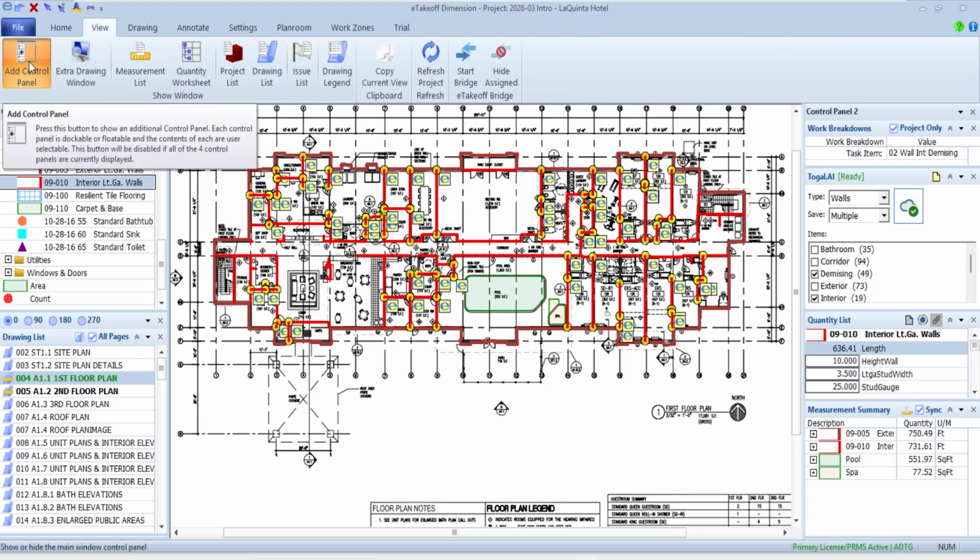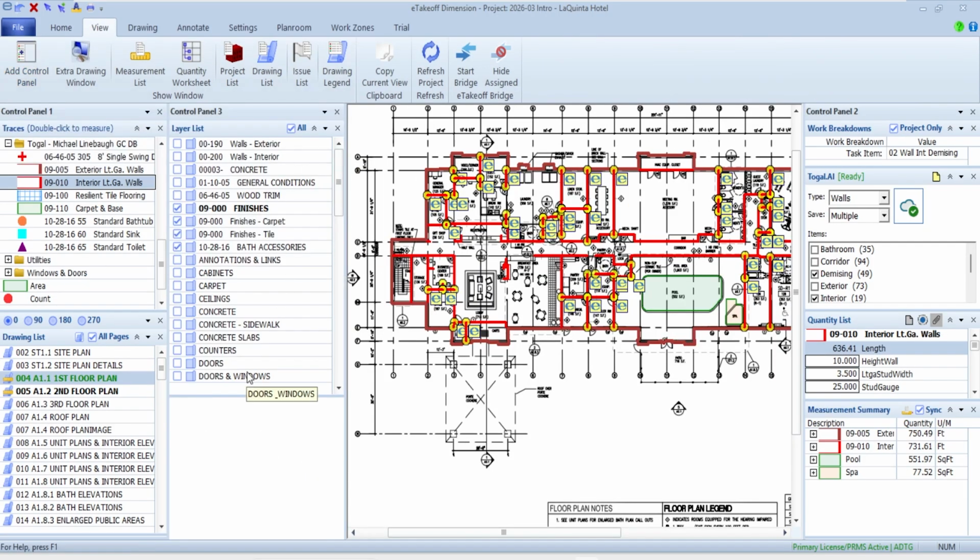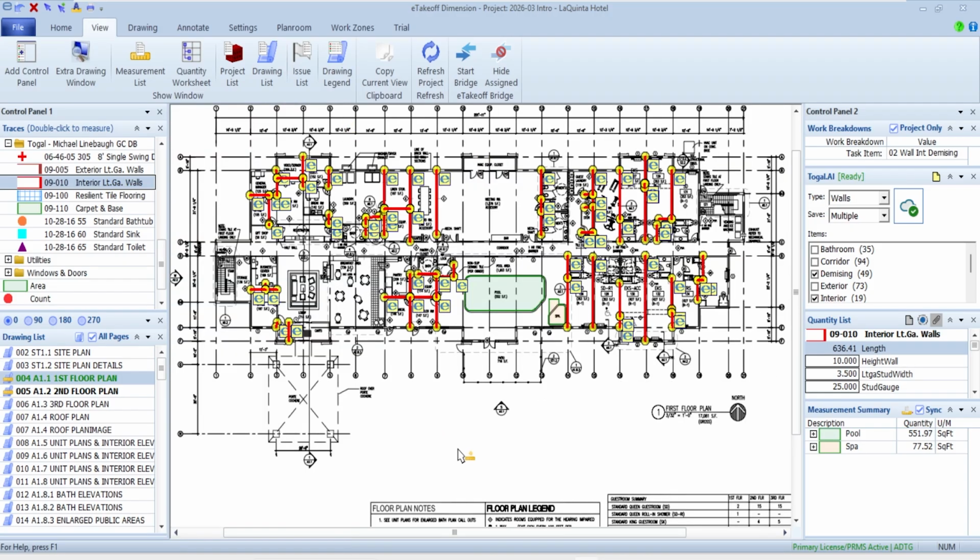We talked about adding a control panel, so I'm going to add another control panel here. And what the control panel is going to allow me to do is turn on and off different things. So in this case, I could come back and say that I want to turn off some of these different views. So now when I start doing takeoff of something else, maybe I don't have to look at as much. As a matter of fact, I am going to keep on this one and this one, so that way when I get to them, they'll show up, and I'll just kind of get that out of the way for a moment.